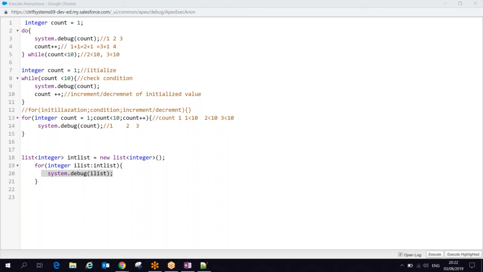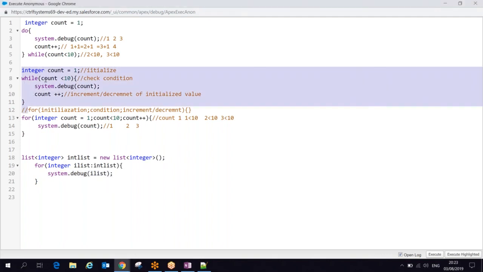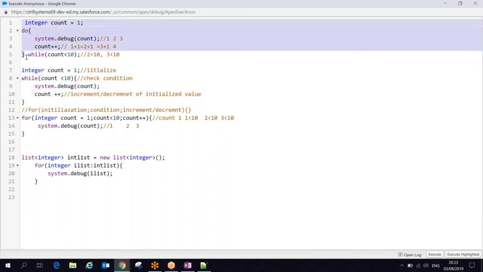Debasis. Yes, Lucas. Just with curiosity, I'm asking: most of the time we will not use while and do while, right, in Apex? Yes. Normally it depends on the business requirement. For is the replacement of while, you can use it anytime. So in that case, while is skipped. And do while depends on the scenario. If you want to do something without checking a condition first, then you can use do while, when you want to execute at least one time. This kind of scenario may fall very few times, so you may not see do while, but it may be used.